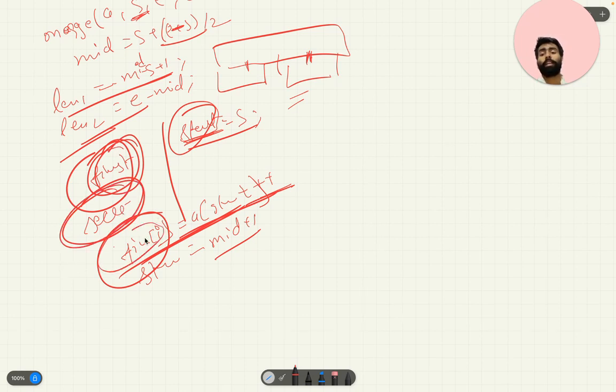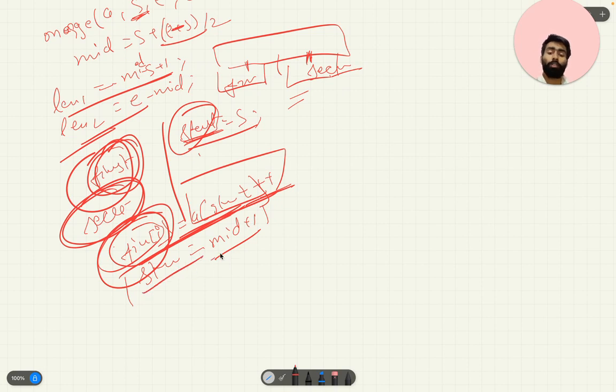So this is the first array, this is the second array. In the first array we will store the first part, and in the second array we will add the second part, and the start pointer will be shifted to mid to store the second part. So here we will add the second part, incrementing in every iteration.